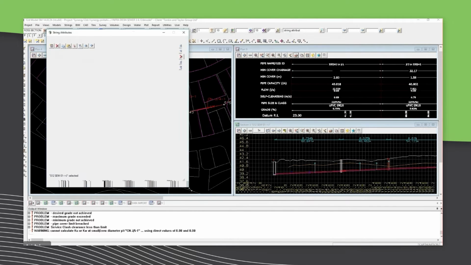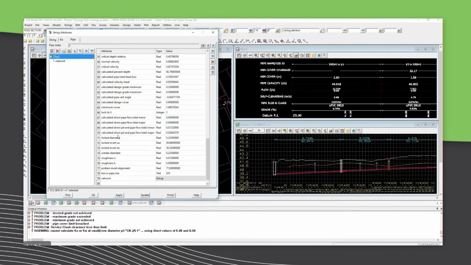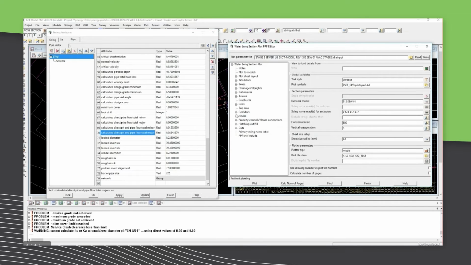You then click on the pipe subtab and you scroll down to where you see calculated direct pit and pipe flow total major. You then copy that text,